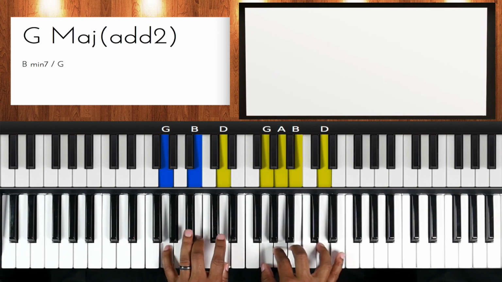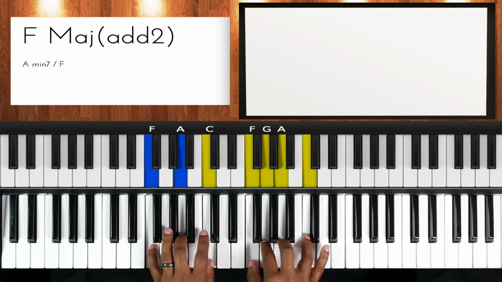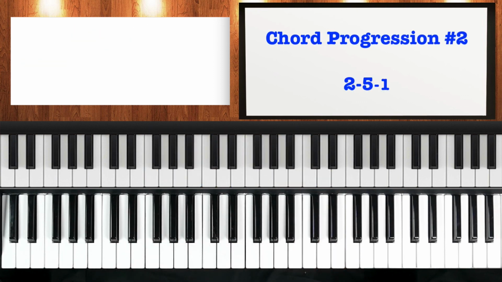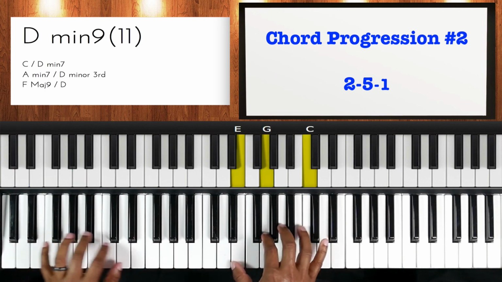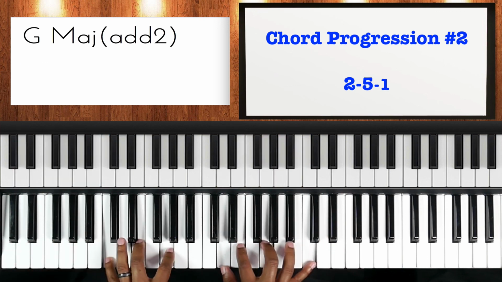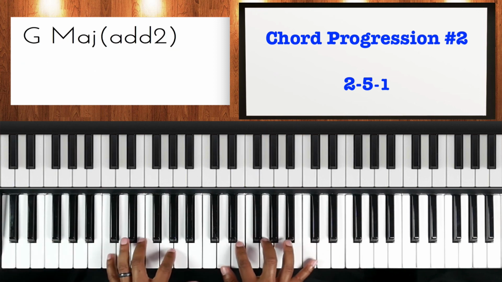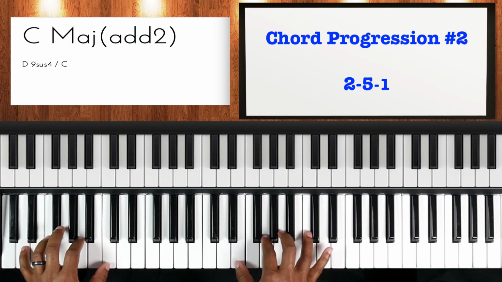All right, so that's the first chord progression, 1, 4, 5. So now let's move on to the next chord progression, and that's going to be the 2, 5, 1. So the 2, 5, 1 is going to sound like this. 2, 5, 1. One more time. 2,